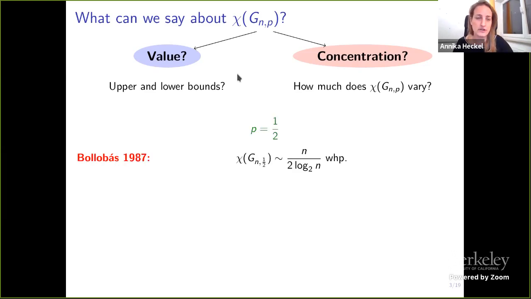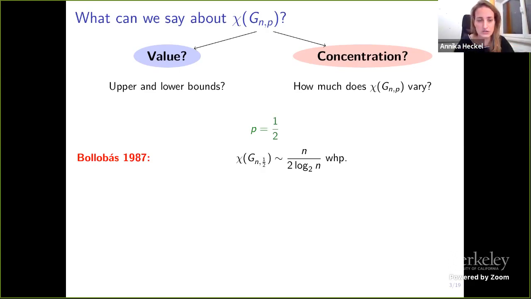So much of the early focus regarding the chromatic number was on the random graph G(n,1/2). This is a very dense graph with lots and lots of edges. One reason why people are interested in this graph is that it's the uniform distribution on all graphs on n vertices. Computationally, it can be very hard to work out the chromatic number of a given graph, so it takes a long time to compute.